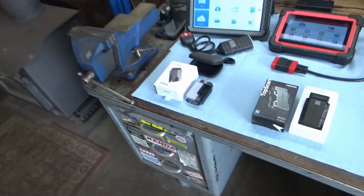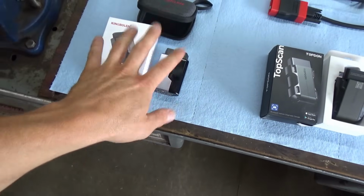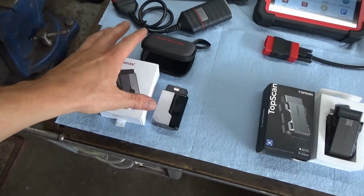So you decide. In 2 years, these 2 scanners will be equal cost, but then the TOPDON, every year you'll have to pay that $50. Not so with the EDIAG Elite. You just pay $110 and it's yours. Free lifetime updates,